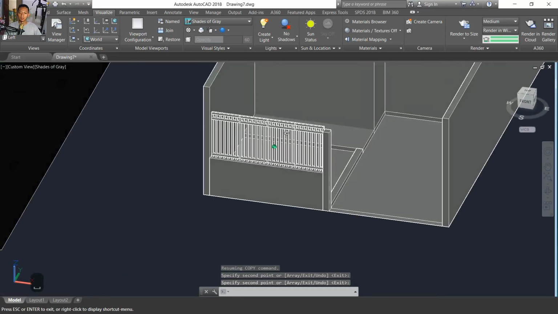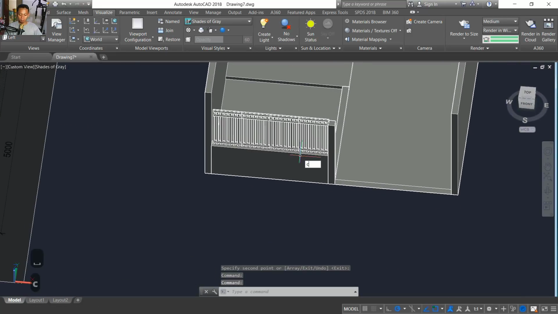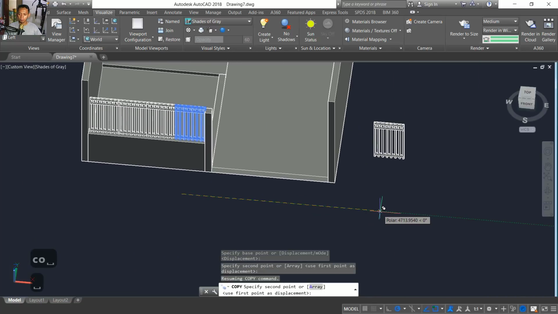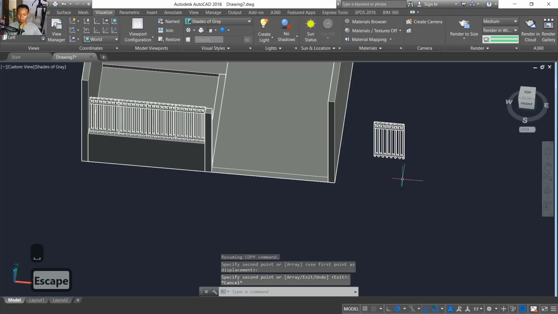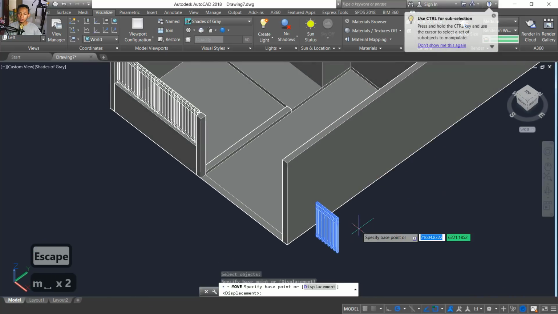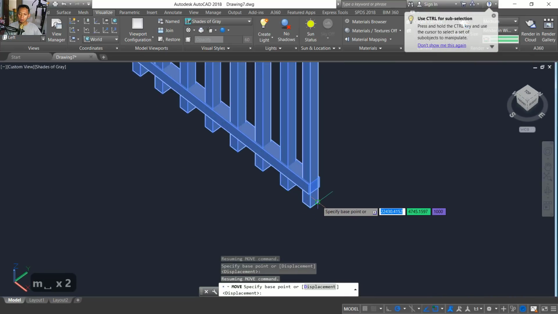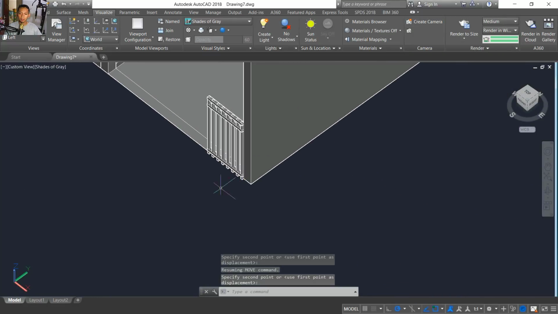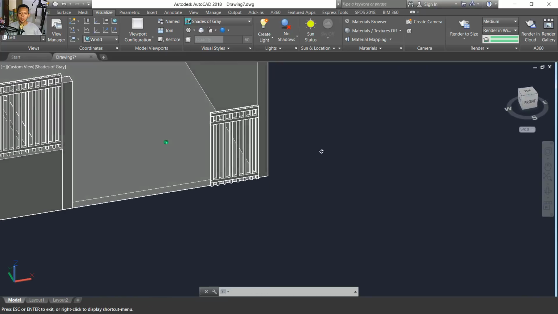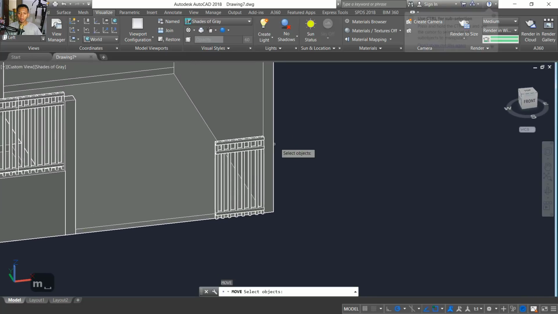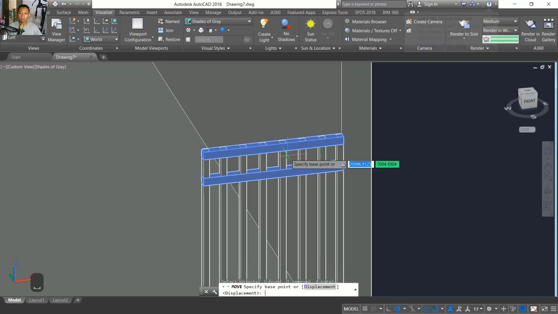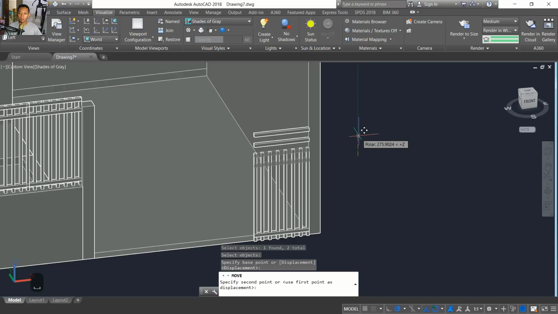Okay, next I will copy this object into this point, and then you can move this object, start from this point into here. Okay, next you can use move command to move this object. Okay, to the top with distance